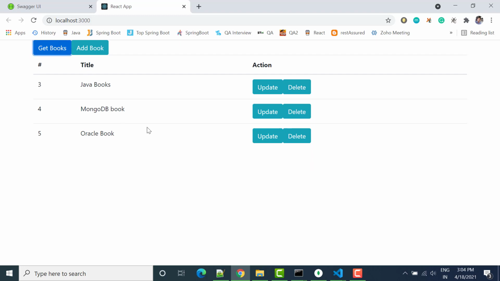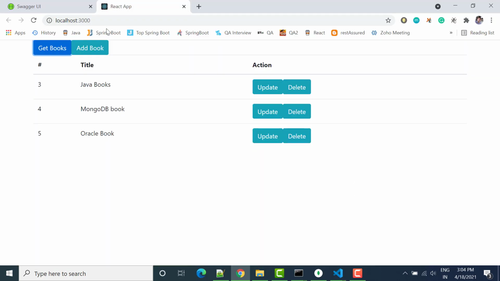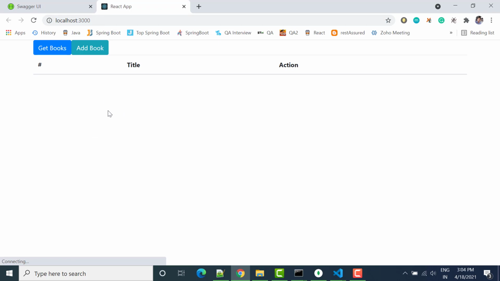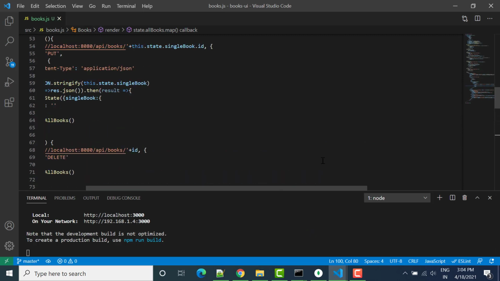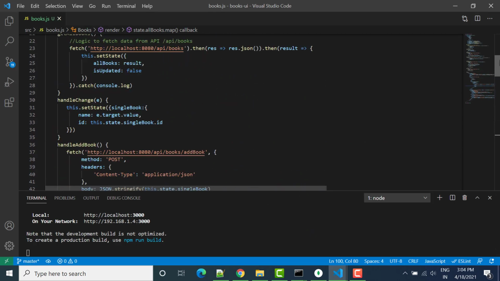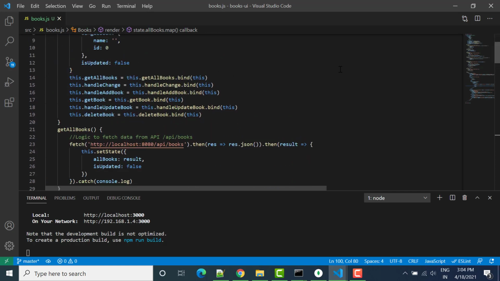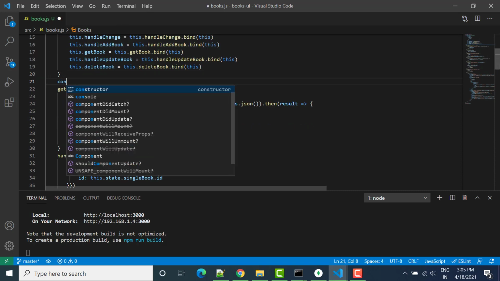So this is about the delete method. One more thing we can say is that whenever we refresh this, by default data is not coming here. For that we can use a component lifecycle method to load the data. So we can go on top, and here we can say after the constructor we will use componentWillMount.